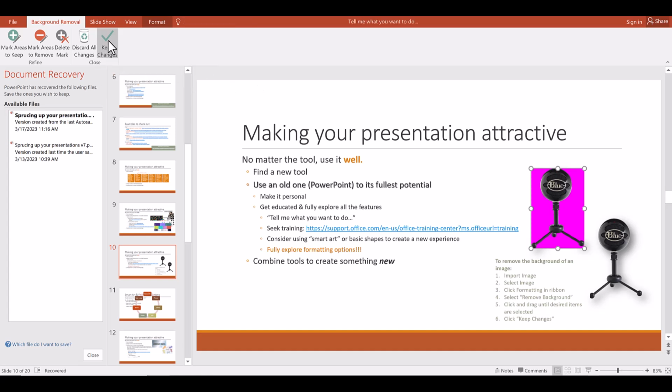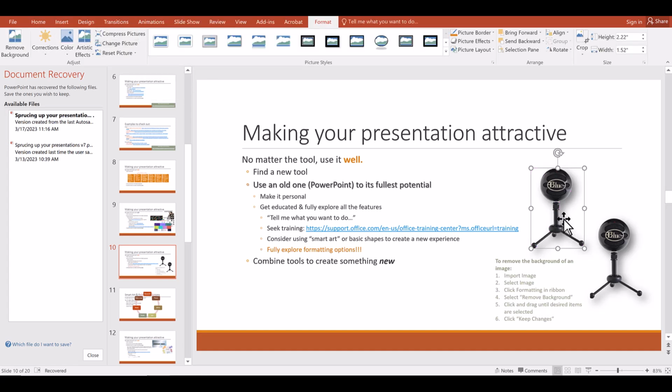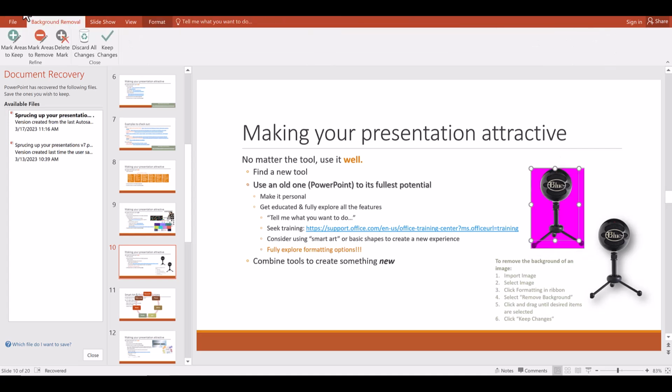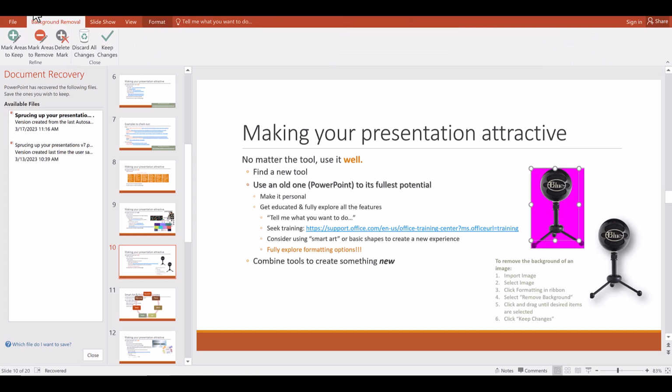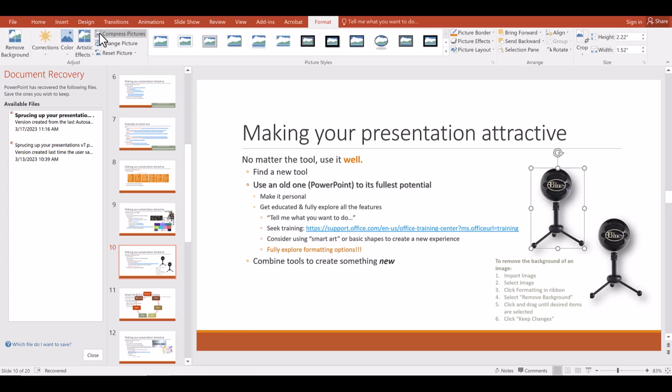And as you can see, I had a sort of a drop shadow behind that original image. I can show you here. I'll go and undo real quick. So I had that drop shadow around the whole box. And now if I just go back through those edits that I just made, it keeps the drop shadow and actually creates the drop shadow around the image. So that is one of my very favorite PowerPoint tools to use.